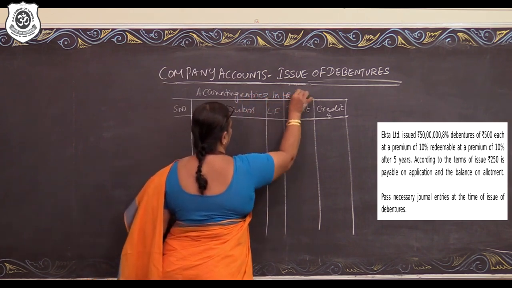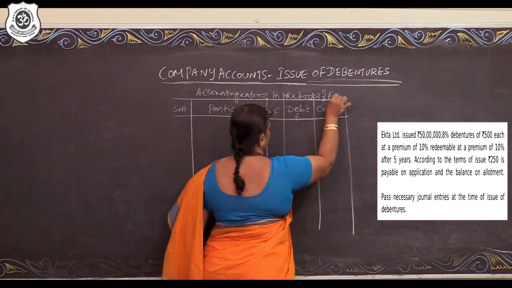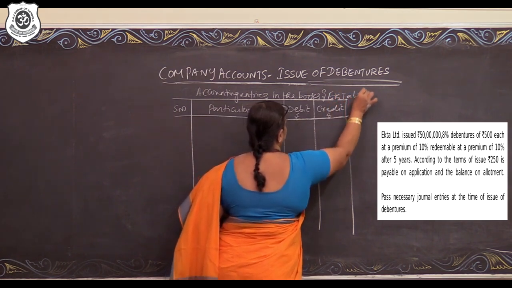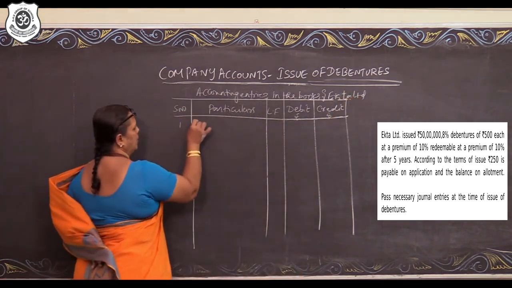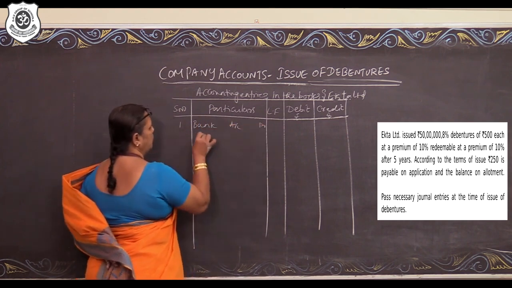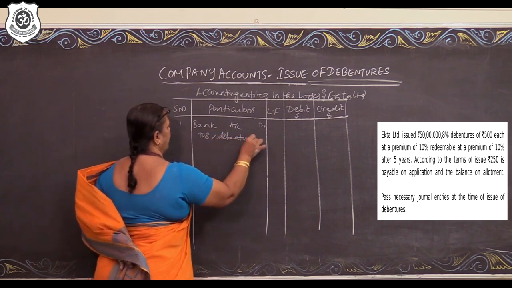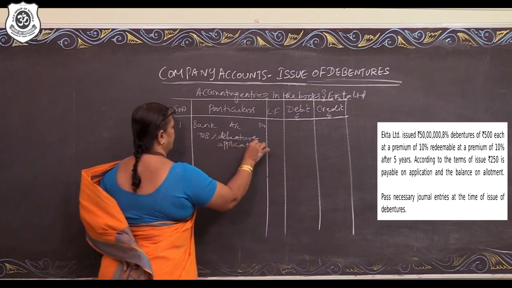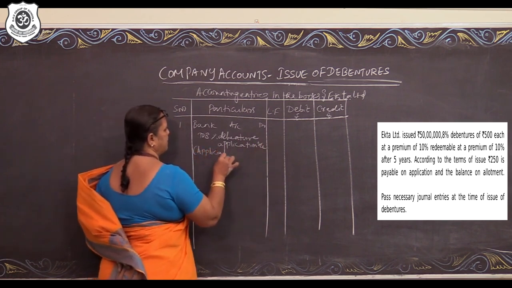So, now we shall start with the journal entries, accounting entries. In the books of XII Limited. So, entry number 1, bank account debit to 8% debenture application account, application money received on